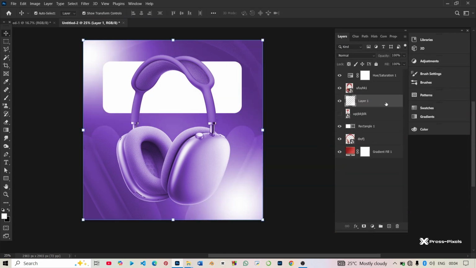Okay, so it's white. Now I was just going to take this behind this, right? All right, I've taken it behind my AirPod Pro Max. Good. So now the next thing I'm going to do here on my AirPod Pro Max,